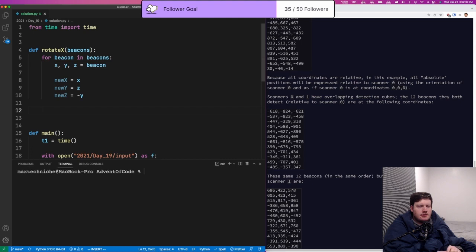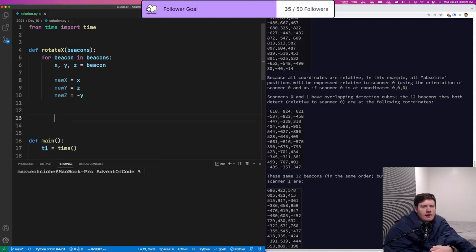Let's see. The beacon. All the beacons need to change based on the result. So, bundle up. I need to save the